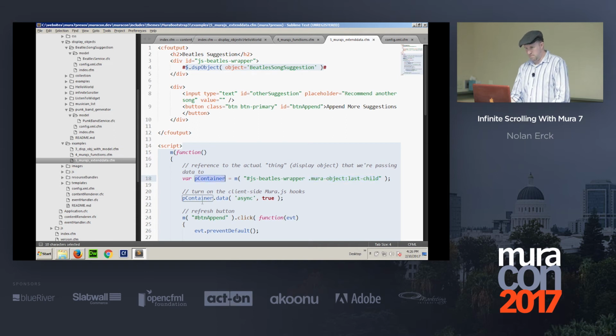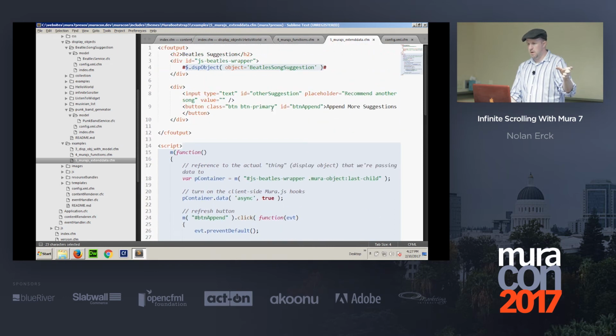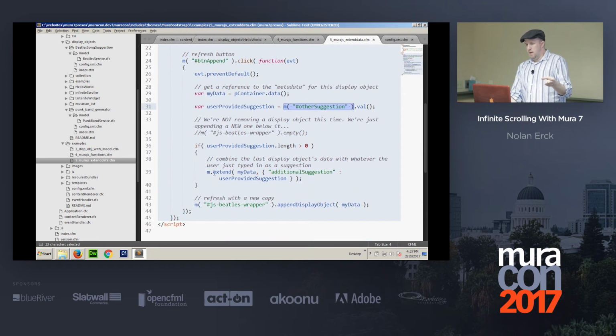Save a reference to that, turn on the Mura.js asynchronous stuff so that this all works. And now when I click the button, grab a copy of all those data dash attributes and save them for later. Just use Mura.js the same way you would use jQuery to go get whatever's in that text box on the screen that I have up here called other suggestion. I type Sgt. Pepper in there. It grabs the value out of that box, saves it to my variable,